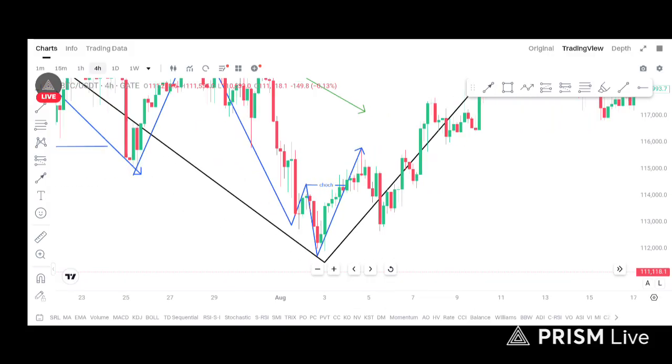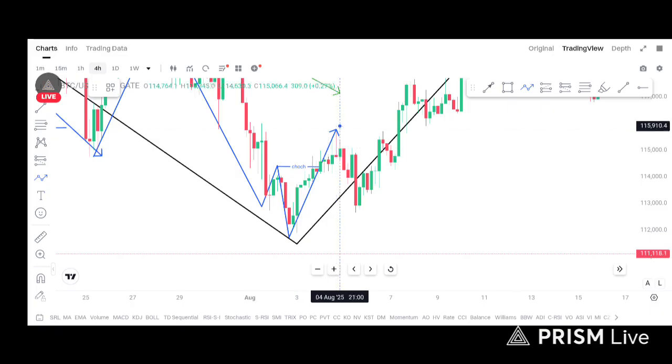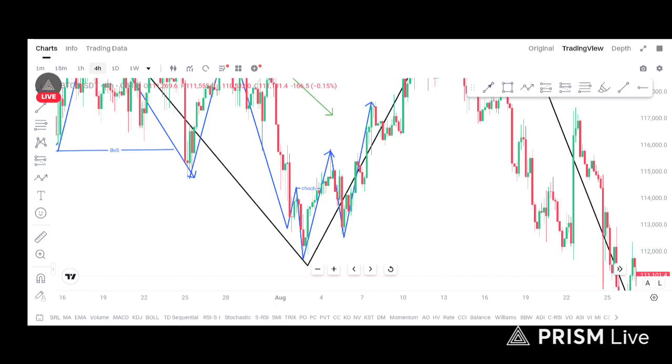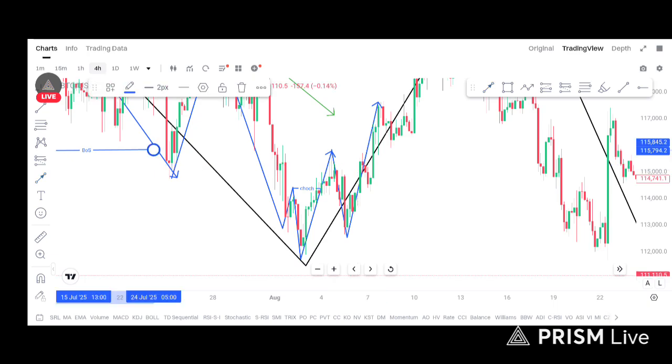You have your change of character, okay? Are you seeing the candles very well? Now what do you have? Boom, another break of structure. So we have confirmed that this, okay, you have confirmed that